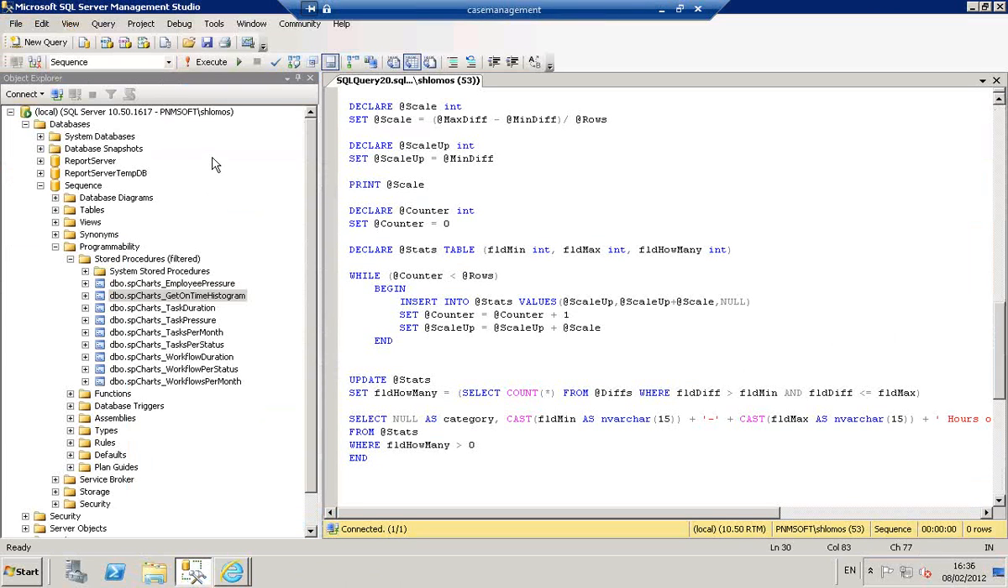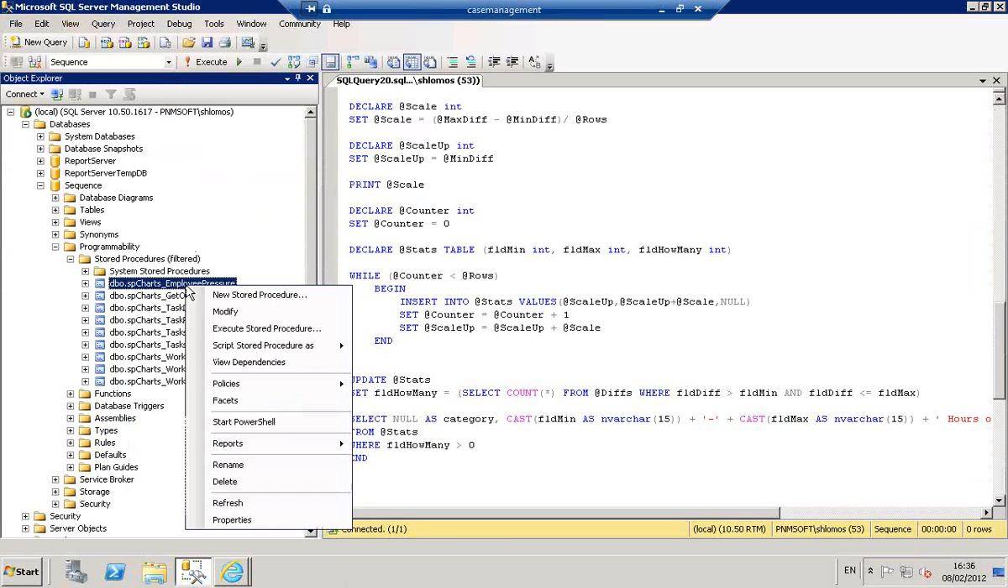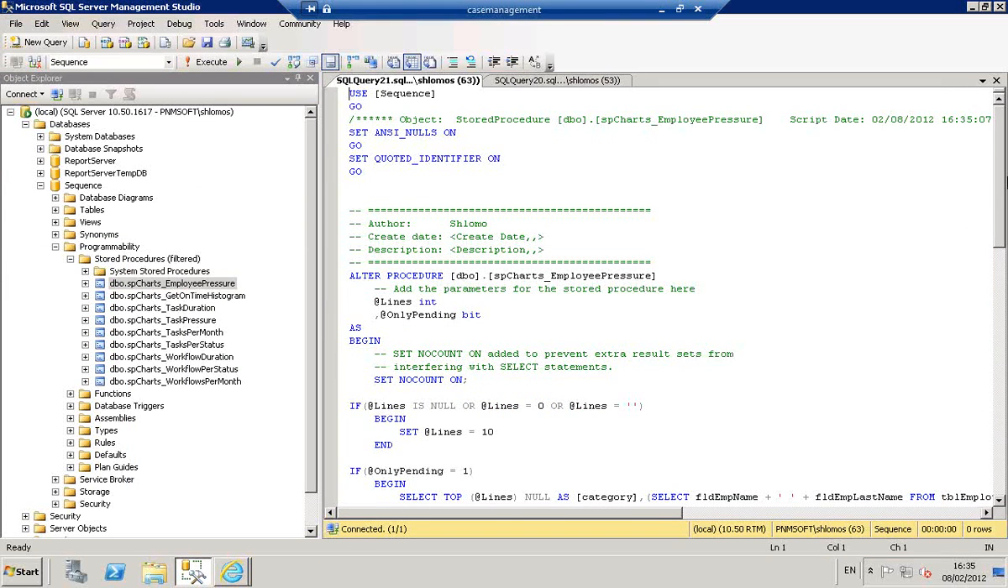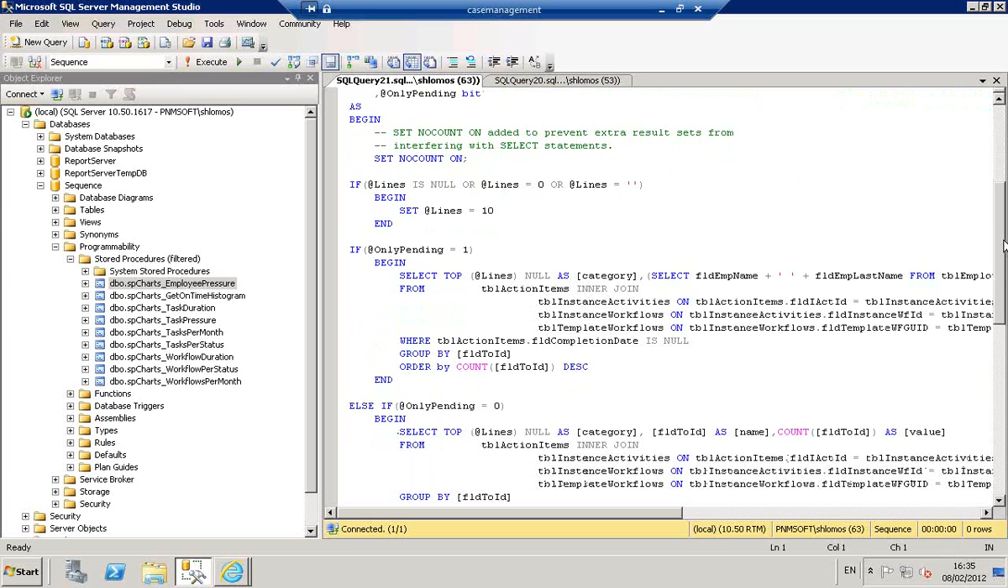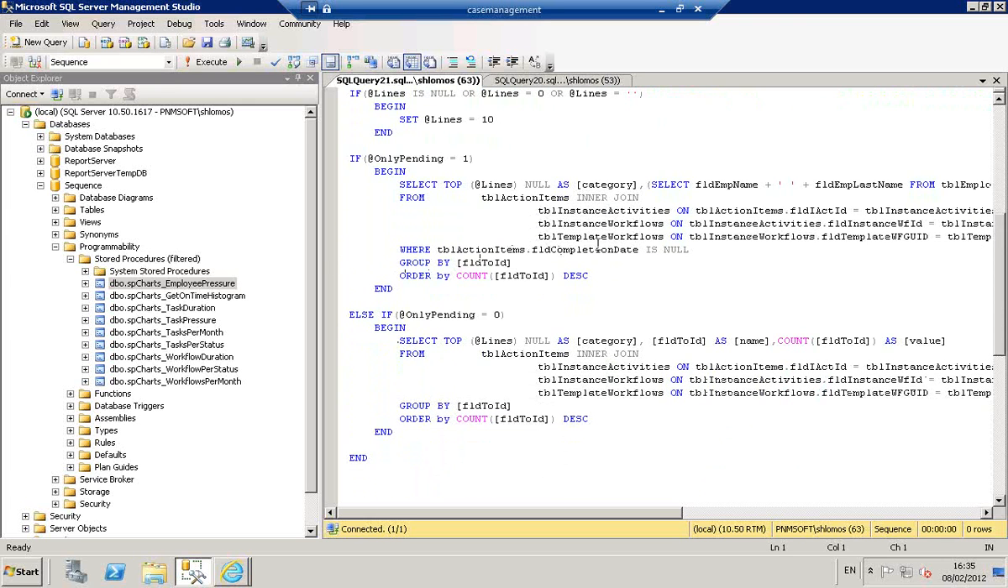with the most tasks online. So if we look at the SQL behind it, we're looking again at TBL action items, and particularly where the completion date is not filled in, meaning the activity isn't complete. And we're grouping by the employee ID. As before, there's another division over here. You can take only the pending tasks to get an idea of what's waiting right now for a particular person's